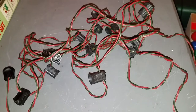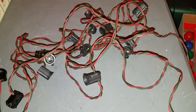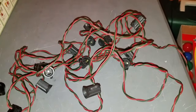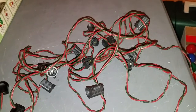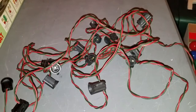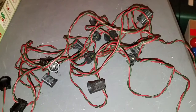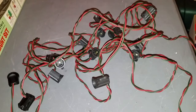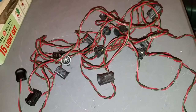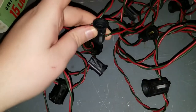Now the sockets they sell, they advertise as being specifically for replacing sockets on their own light strings that they sell on the website. But they're standard Admiral brand sockets that even new light strings you buy today use, at least the ones that I've seen. So it's a standard part, and it should work on any light string with the right gauge wire. And the sockets are only 11 cents each, so I decided to give it a shot. I bought a bunch of spare sockets, and that's what you now see